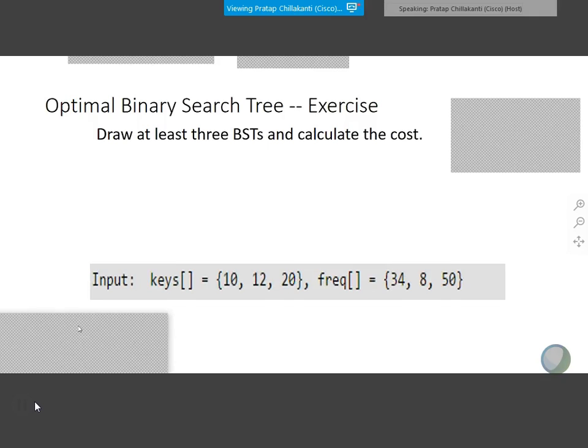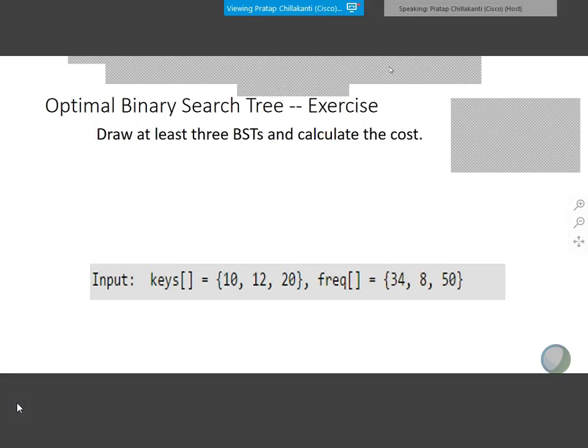So everyone knows what a binary search tree is, right? What is the significant property of a binary search tree, by the way? Fundamental property. Can someone put it in the chat? What is the fundamental property of a binary search tree?